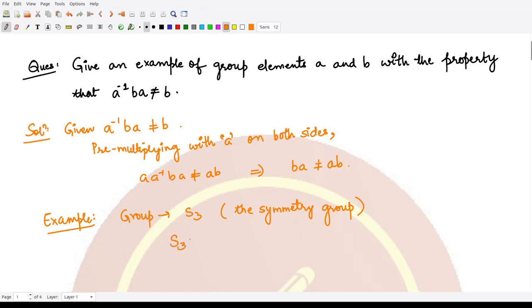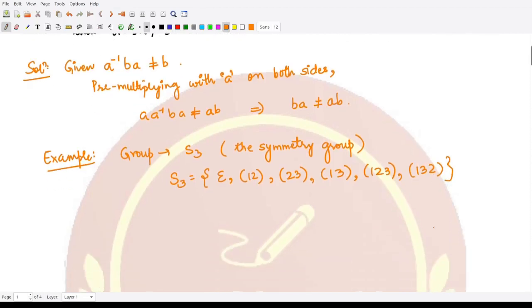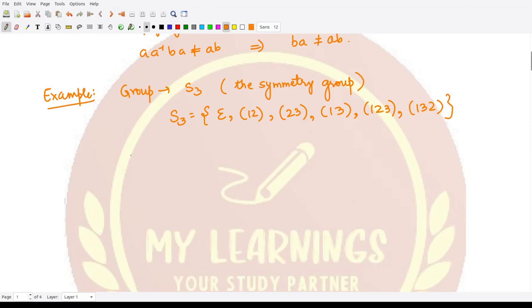That means in total 6 elements, which are the identity element, the permutation (1 2), the permutation (2 3), the permutation (1 3), the permutation (1 2 3) and the permutation (1 3 2), right? So from these elements, if we take the element A as the transposition (1 2), and we take the element B as the transposition (2 3),